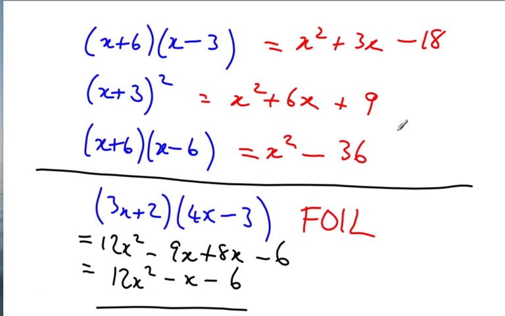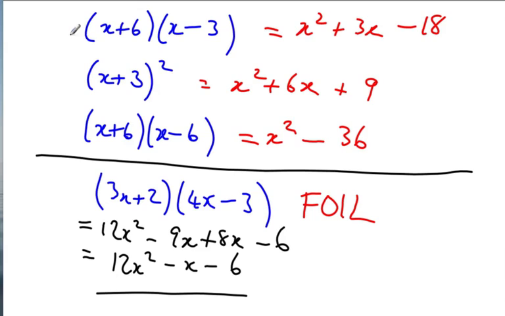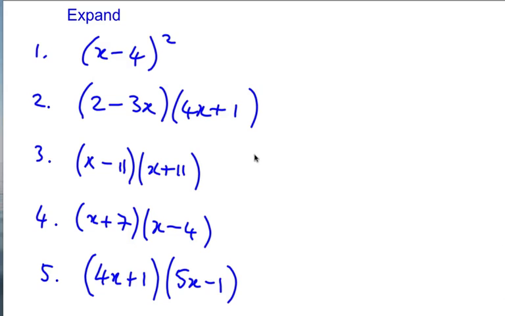Looking back at these, from the start of the period, fellas, I gave you 1, 2, 3. These are the shortcut ones. And that one, which involves us to do 2 steps, FOIL, that's what we should have got. So let's have a look at these answers. It's about recognizing which is which. Question number 1 has that squared thing,